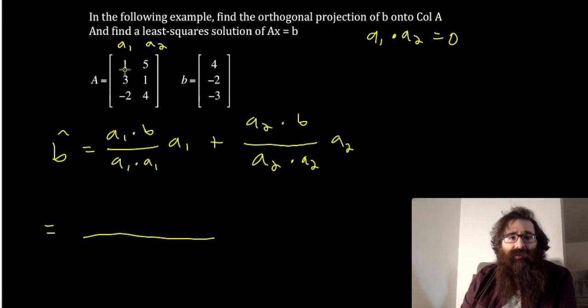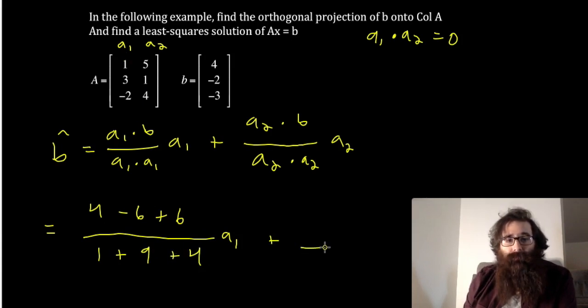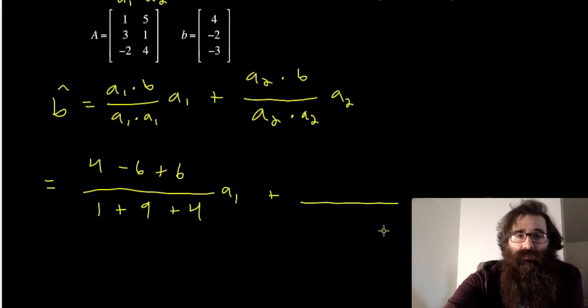So if I do A sub 1 dotted with B, I'm going to get 1 times 4 gives me 4, 3 times -2 gives me -6, -2 times -3 gives me +6, over A sub 1 dotted with itself, 1 times 1 is 1, plus 3 times 3 gives me 9, plus -2 times -2 gives me 4. And then here,